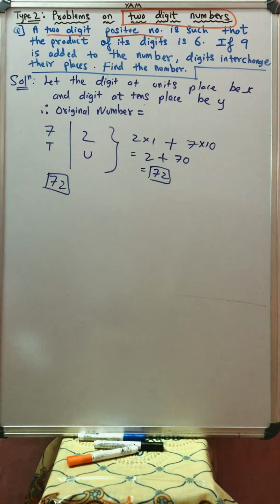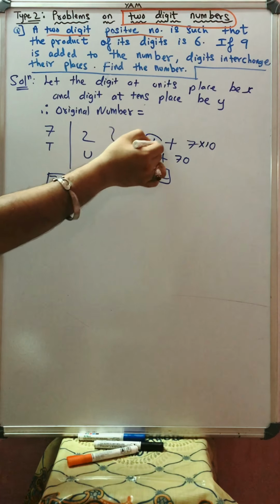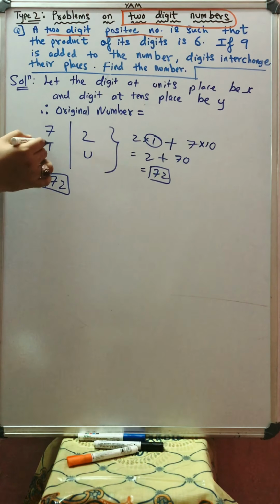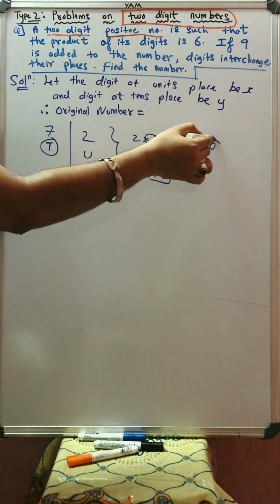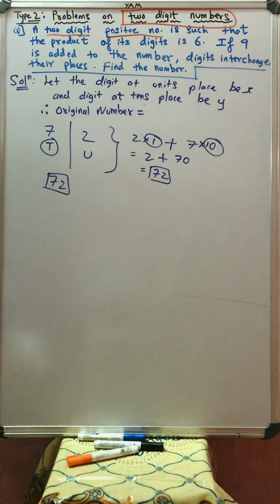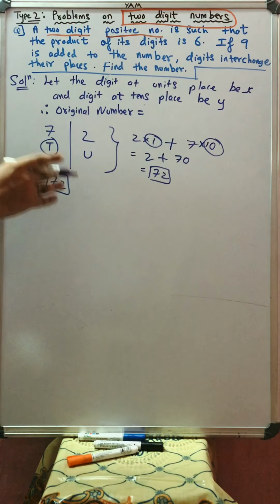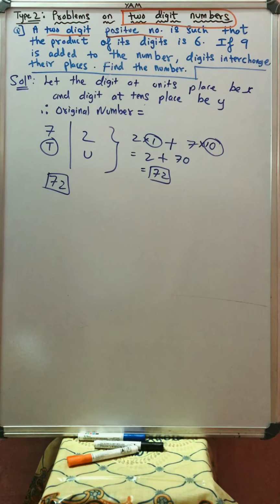So what's the moral of the story? The moral is whenever a number belongs to units place, it's always multiplied with 1, and when a number belongs to tens place, it's always multiplied by 10, and when we do so, we get the original number. Students, it is a very useful note, so you can copy this, please. Okay, but now I'm erasing it.